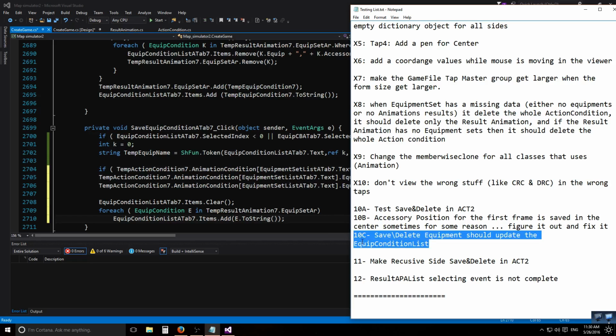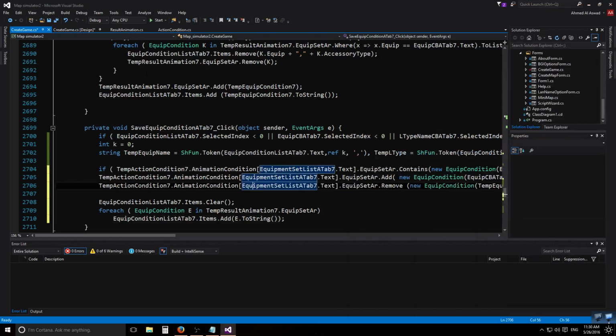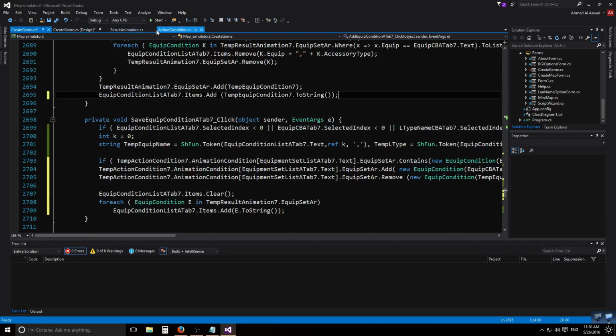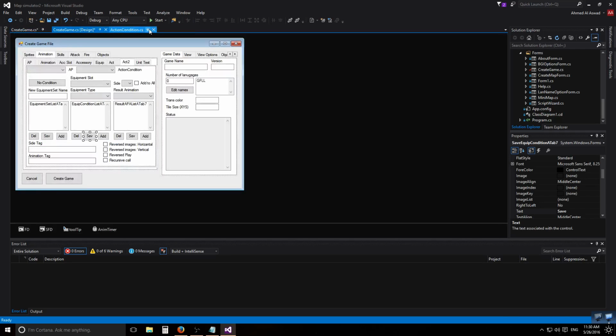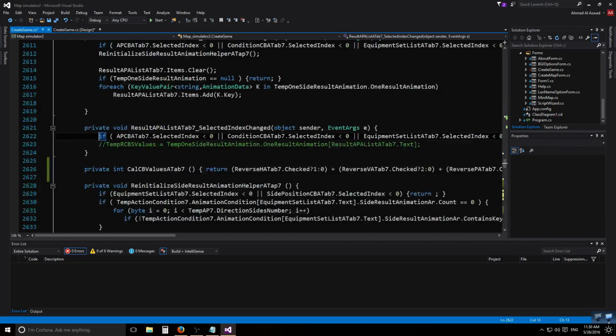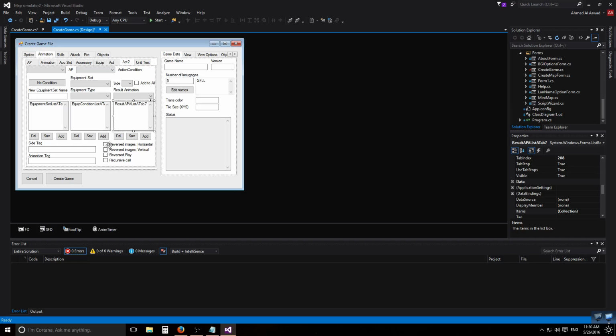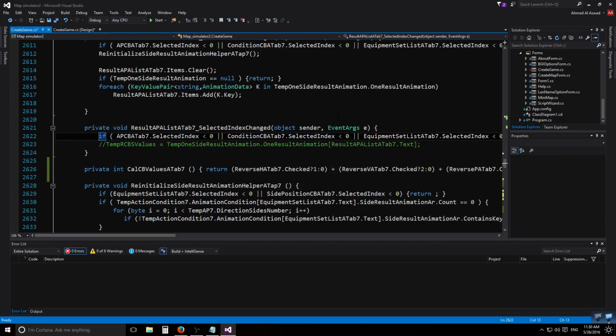I won't remove that before I test it, so let's test this first, but before testing it, let's do this. So when I select this one, it should change the value of these guys based on